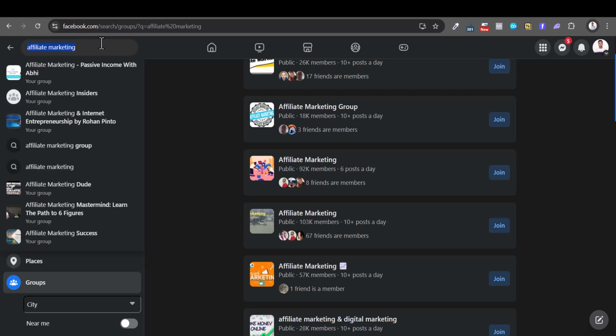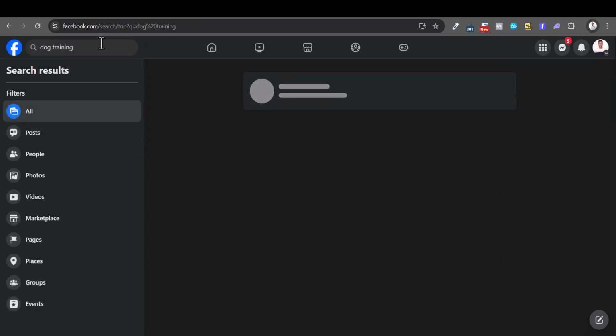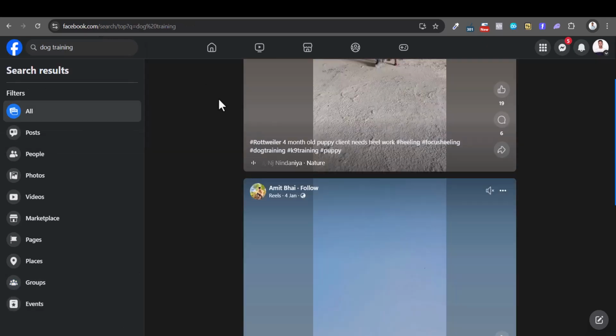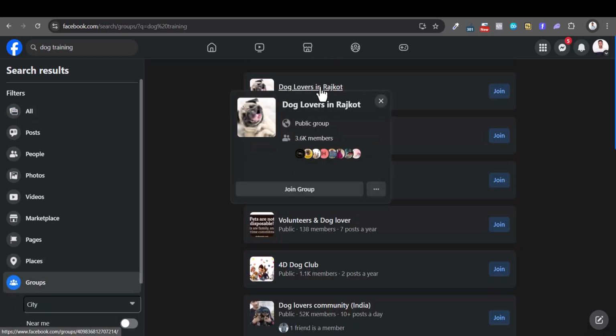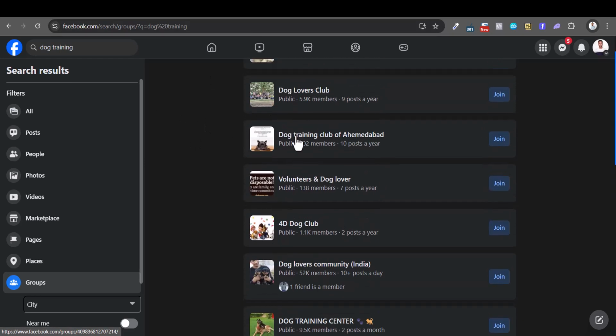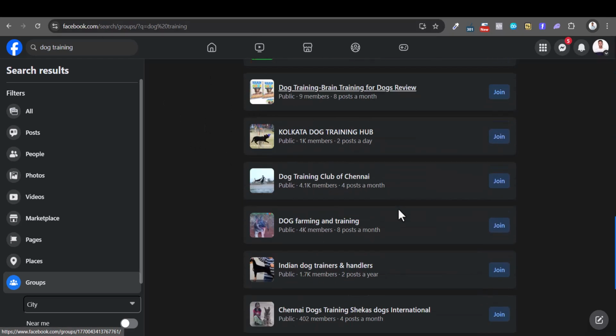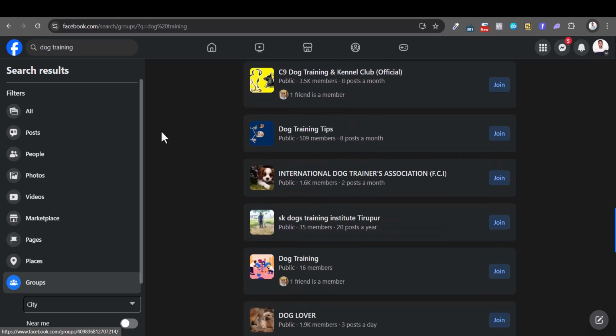For example, dog training. Let's say you want to promote a ClickBank product about dog training, and you click on groups. All right, dog lovers in Rajkot, that's a place here in India, right? And dog lovers club, and you can find a group that is in your niche, and just get in there, talk with people, comment on posts, just interact.